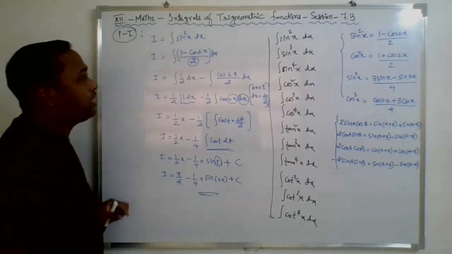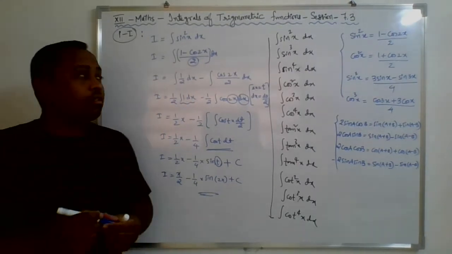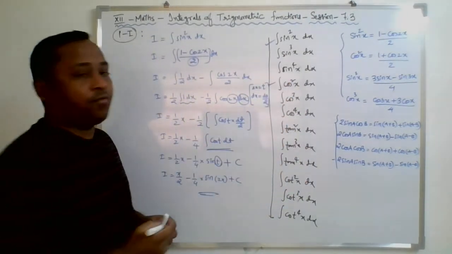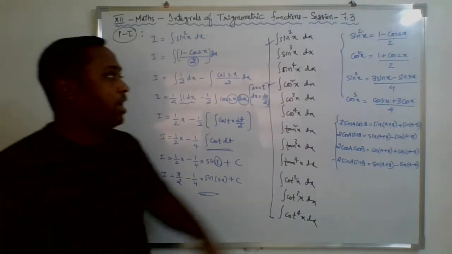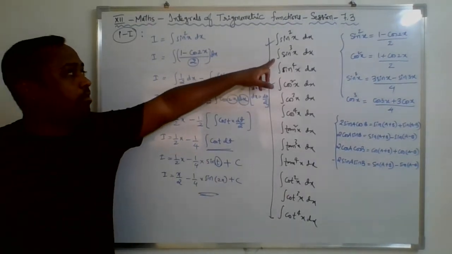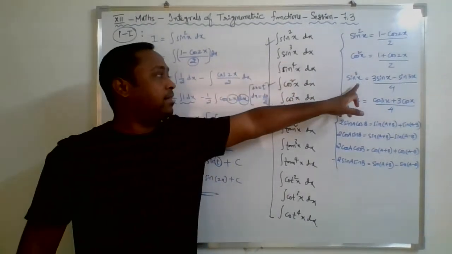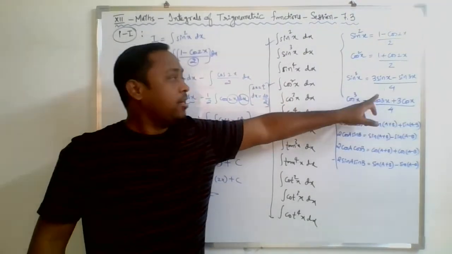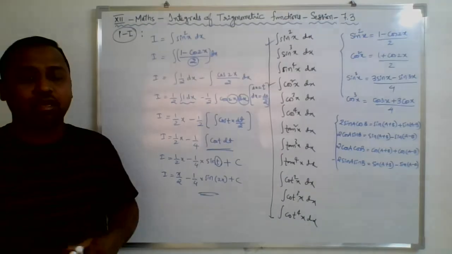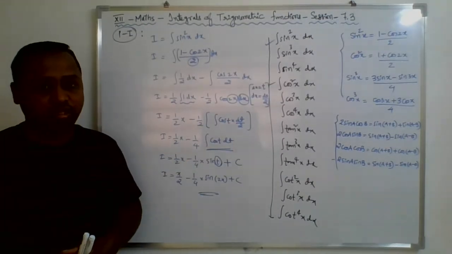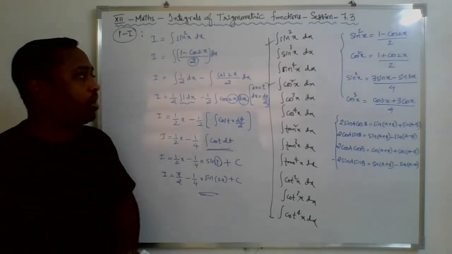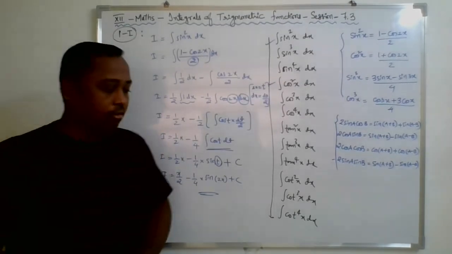So friends, in the same manner as I solved sine square x, you may solve cos square x with the help of the next formula, nothing else. Now, in a similar manner, sine cube x can be written like this. Since the denominator is a monomial, you can again separate the fraction and go with the simple integration. Now I will take sine power 4x. What can I do with sine power 4x?